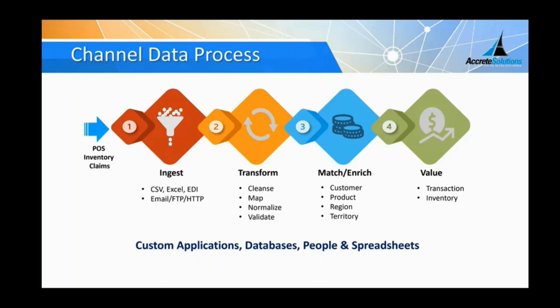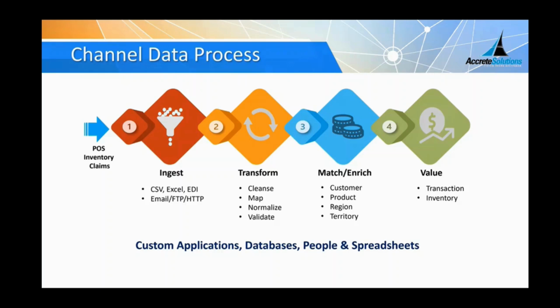The second step is to take all this data, which is in different formats, and transform it into some kind of canonical form, where you normalize the data and do some validation. For example, if your point of sales has currency, it might have dates in different formats. You need to convert that into some normalized format. And that step is the transformation process.